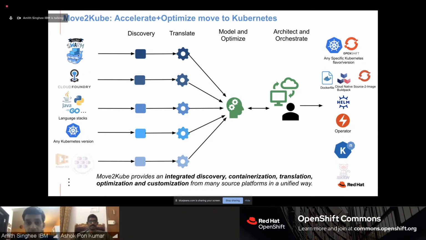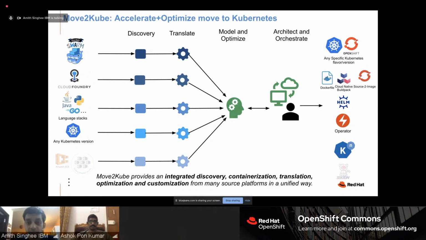One particular client in the insurance sector was looking to move one of their applications over from Docker Swarm over to OpenShift. And it turned out that that was a big cost and time barrier for them because you need deep expertise in both the source platform of Docker Swarm and in OpenShift as the target, and then in the application itself. So that's where Move to Cube was born, to automate that journey by auto-discovering the deployment specification of the application in the source